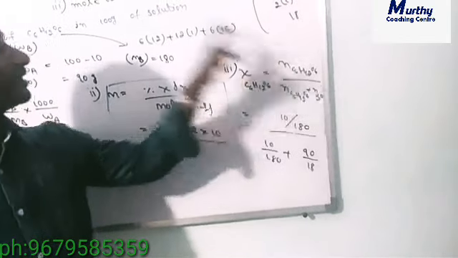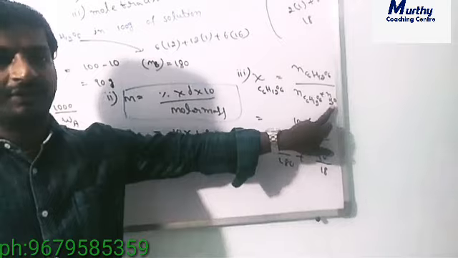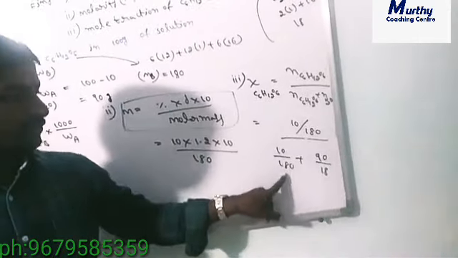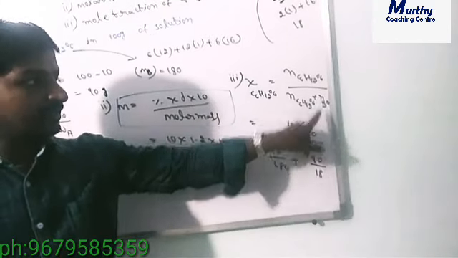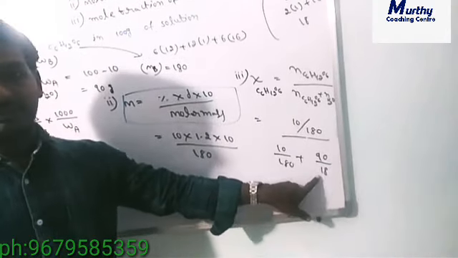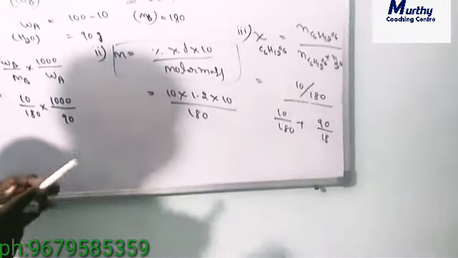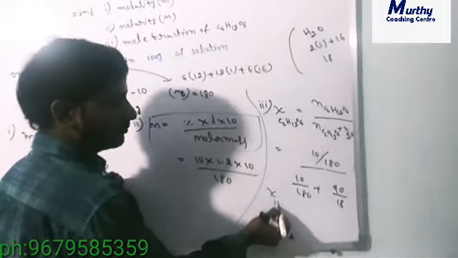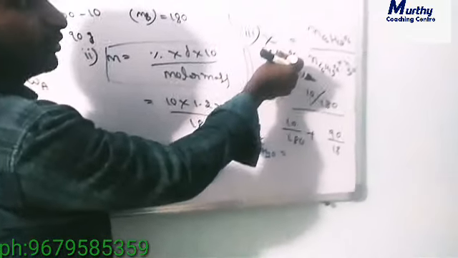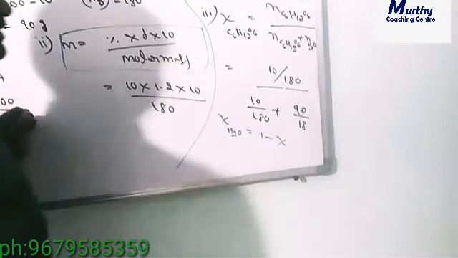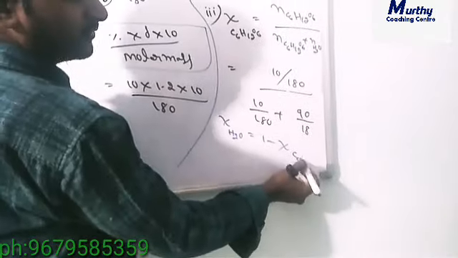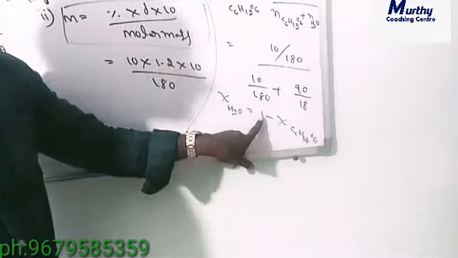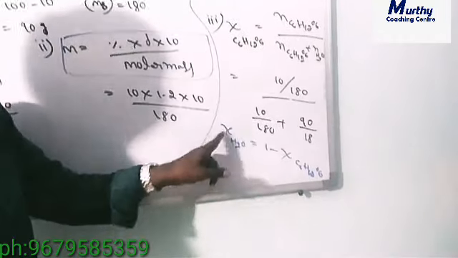Why are we considering the water? Here water is the solvent, that's why you have to consider the moles of the water. So moles of the glucose means glucose mass by glucose molar mass, next to moles of water means water mass by water molar mass. This is the mole fraction of glucose. Suppose they are asking about the mole fraction of H2O also. Once you calculate the mole fraction of glucose, you just have to subtract it from 1. So 1 minus mole fraction of glucose, C6H12O6, will give you the mole fraction of H2O.